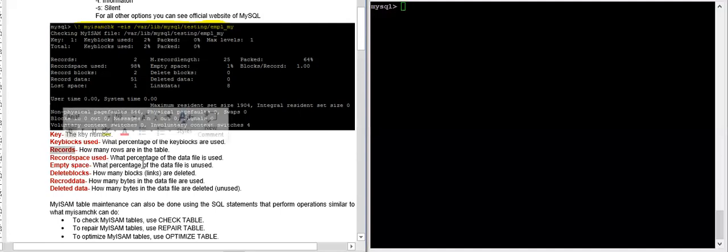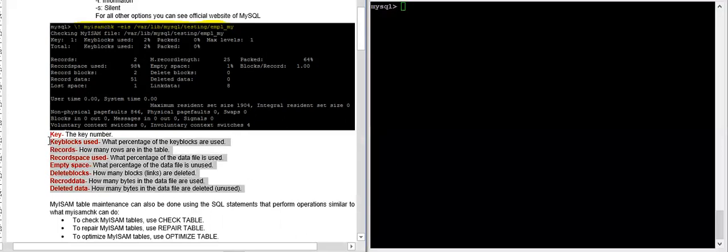Empty space, what percentage of the data file is unused. Deleted blocks, how many blocks are deleted when myisamchk is running. Record data, how many bytes in the data file are used. Deleted data, how many bytes in the data file are deleted due to corruption of the table.